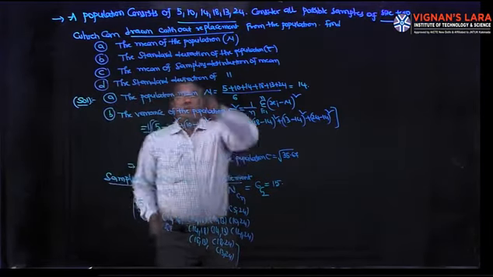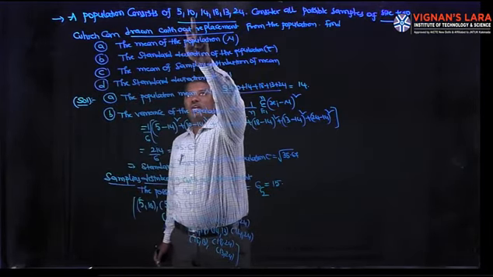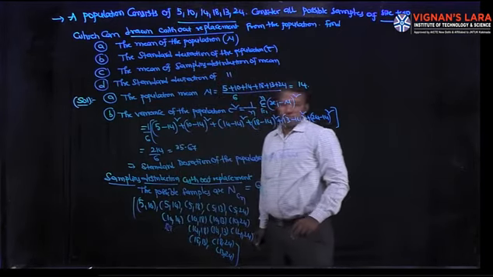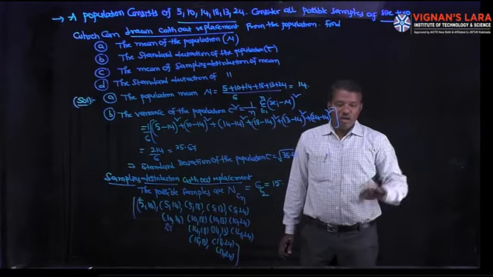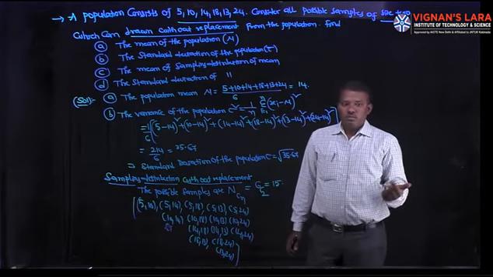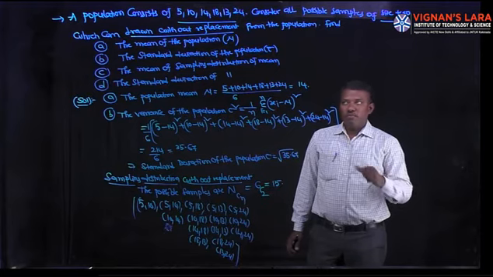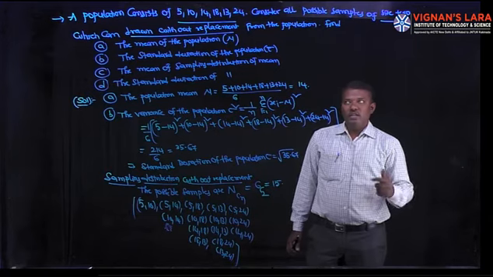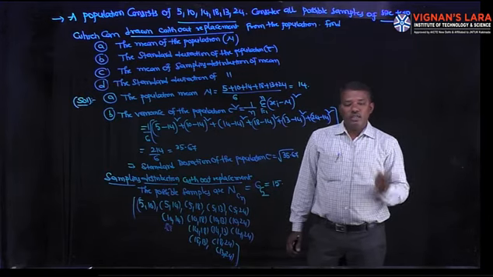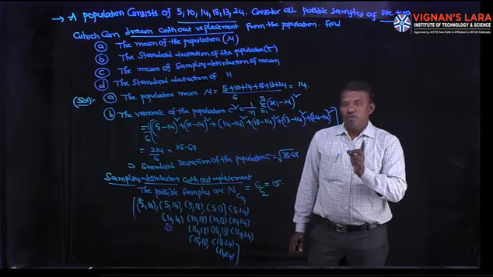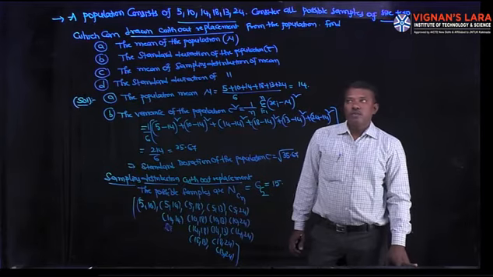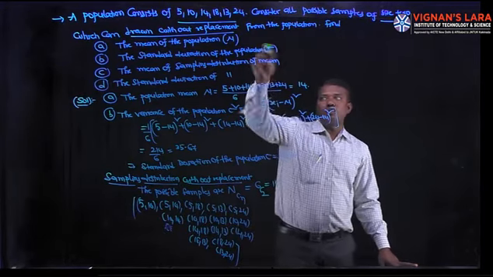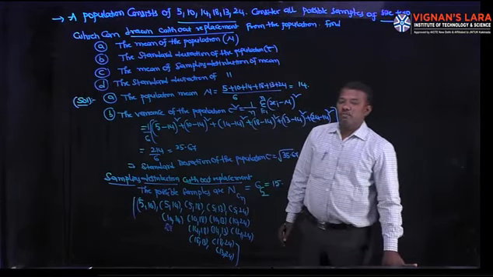Once again, not 5 comma 5. 5 with 10, 5 with 14, 5 with 18, 5 with 13, 5 with 24. Then after 10: 10 14, 10 18, 10 13, 10 24. Don't go to the ones before. 14 18, 14 13, 14 24. Next, 18 13, 18 24, 13 24. That is the meaning of without replacement.